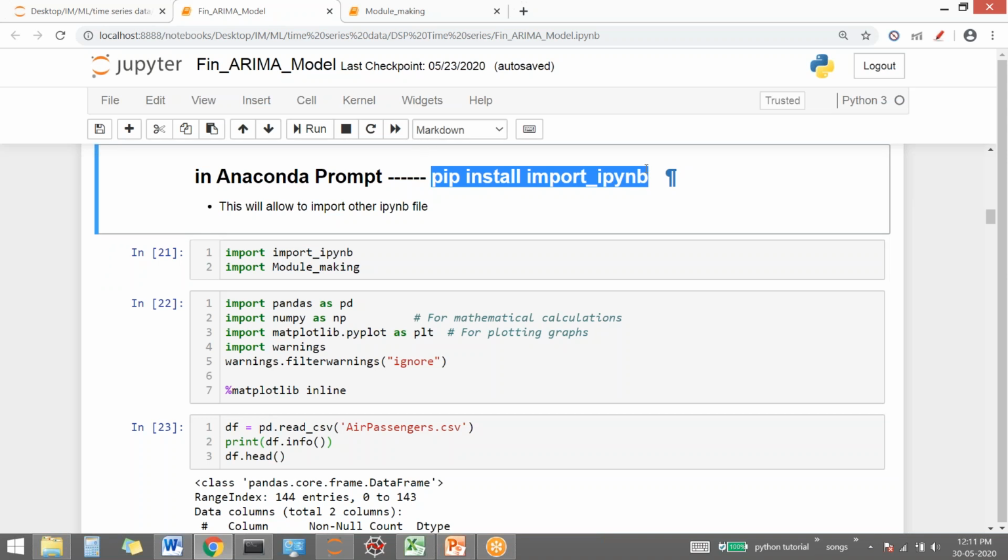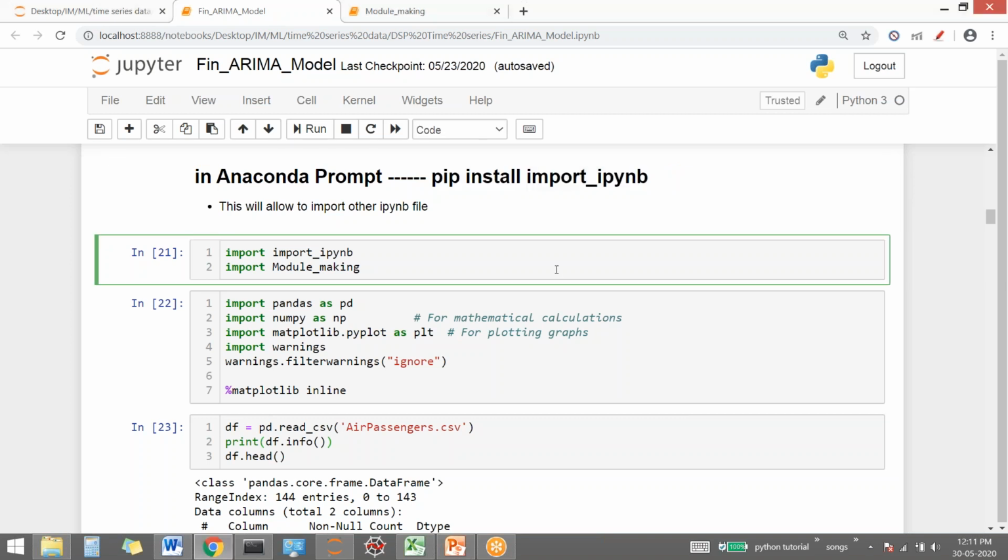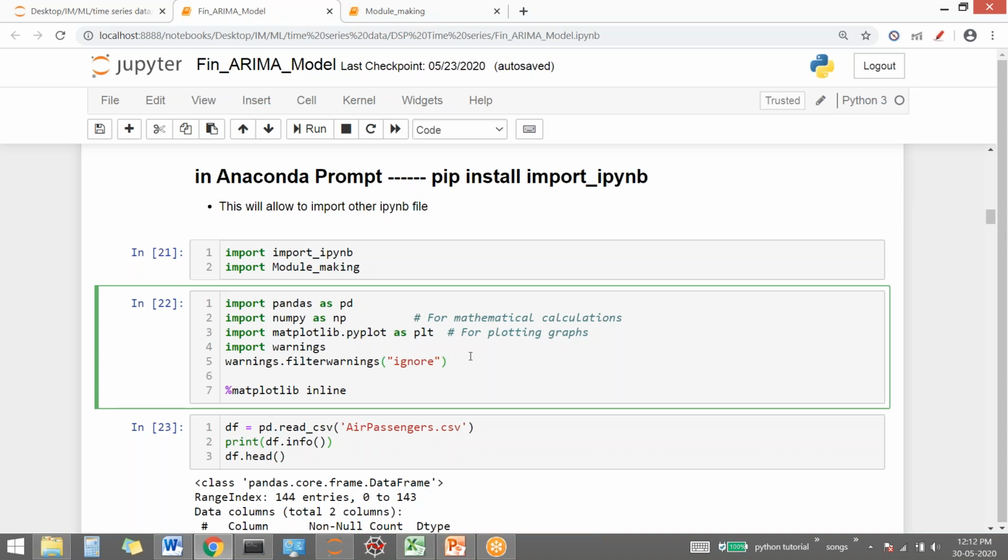If you're not able to do it by the command given there, then just do this pip install. Have you gotten the code?